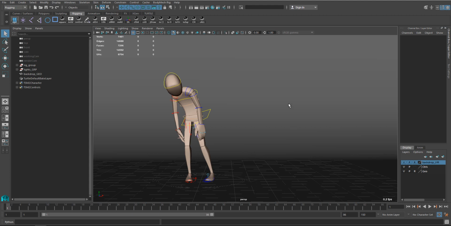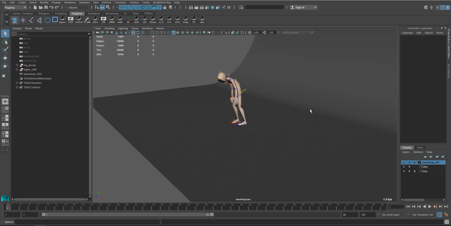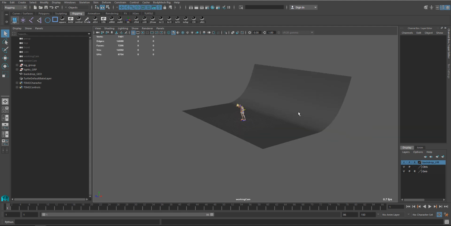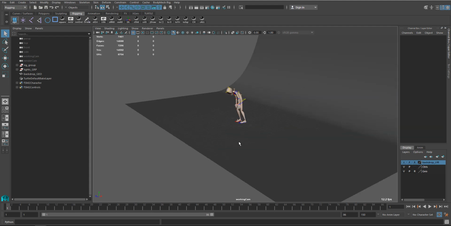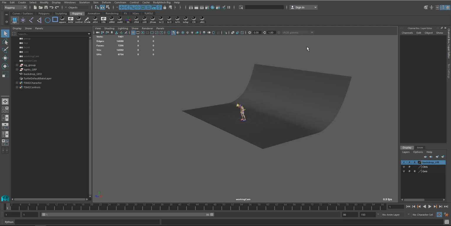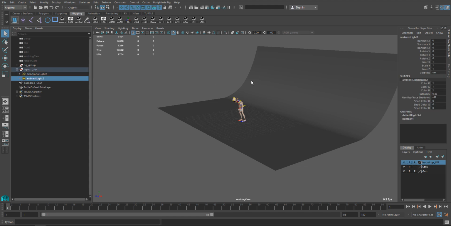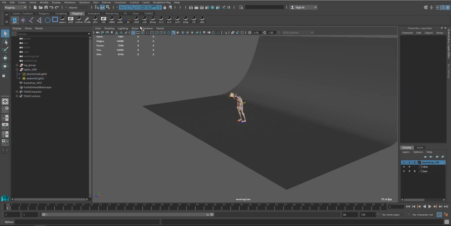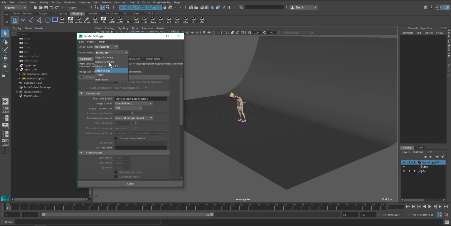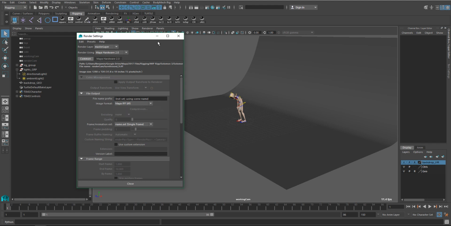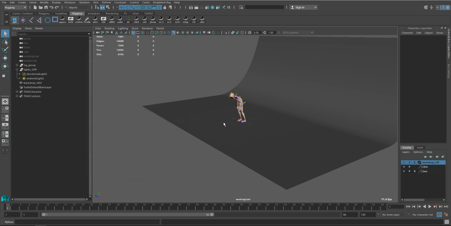So my lighting setup is actually really fast. It's only two lights and a backdrop, and I do this on all my assignments. It's just what I've always kind of done. I have a backdrop, like a studio lighting backdrop you might see in a photography studio, and a group that contains a directional light and an ambient light, and that's it. I'm just using Viewport 2.0, rendering not even with Mental Ray, but with Viewport 2.0 or Maya Hardware 2.0. So anyways, I'll walk you through step by step